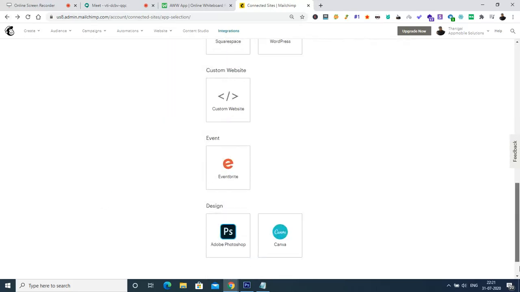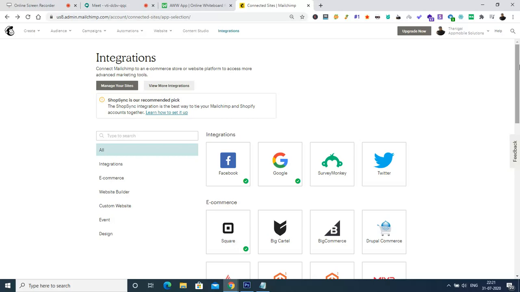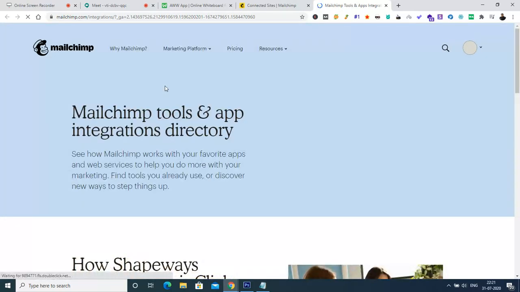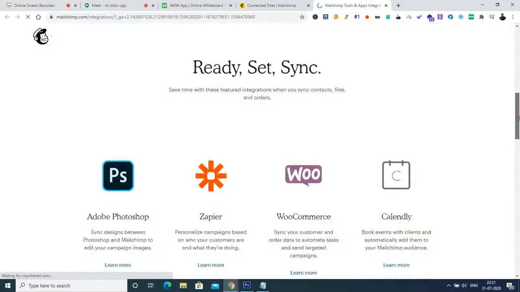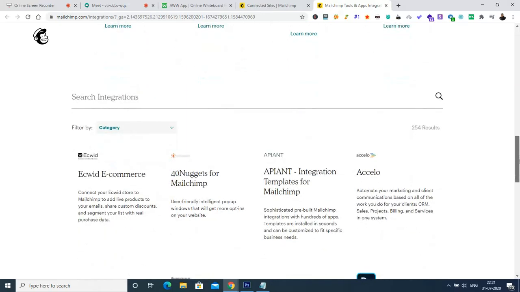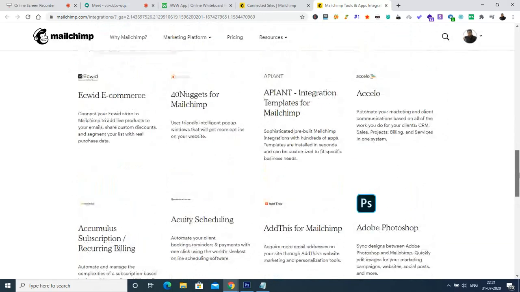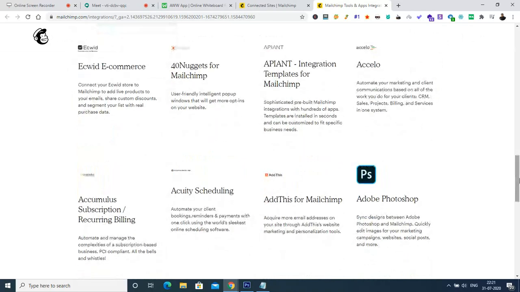Okay, awesome. So these are the primary integrations that are possible with Mailchimp. Apart from this, there are some API configurations available through which we can integrate whatever CRMs are available. But practically, this can be done with the help of people who can help us create a Mailchimp API integration. For that purpose we will be hiring a developer. So these are the other things where we can integrate with Mailchimp.